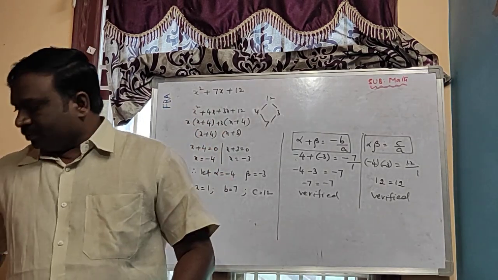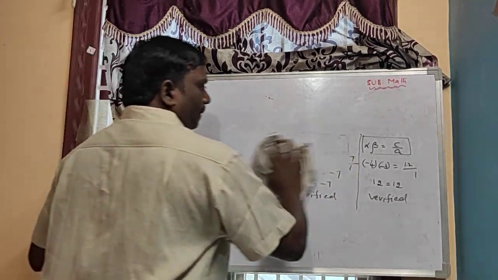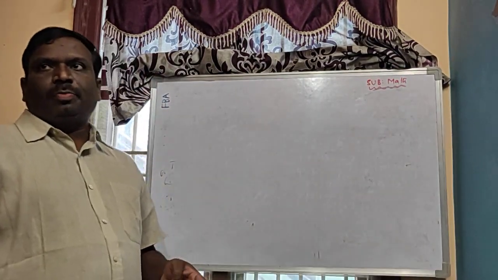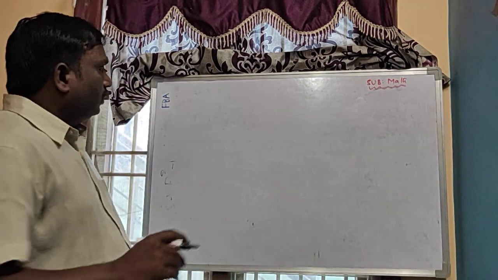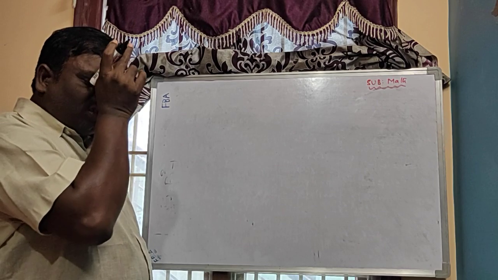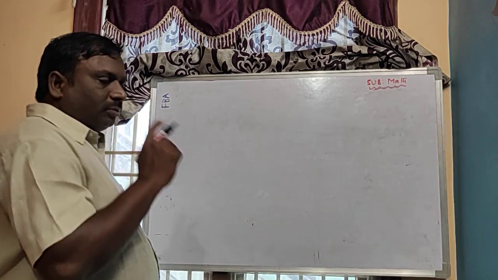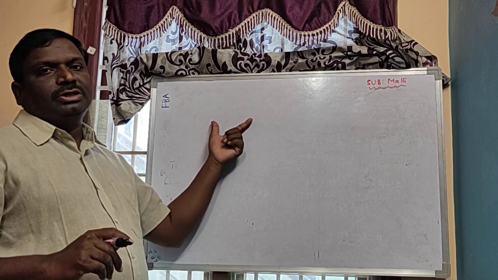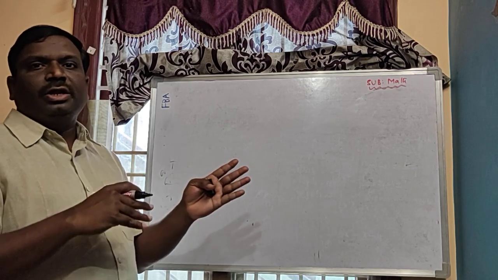Okay. Now coming to the same model when they give a cubic polynomial. We have a question in our textbook. They will give 3 zeros of the cubic polynomial, and we have to verify the relationship between zeros and coefficients. Sometimes they will not give them. How to find the zeros of a cubic polynomial, we have already learned in 9th class.